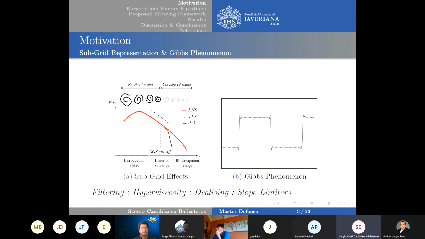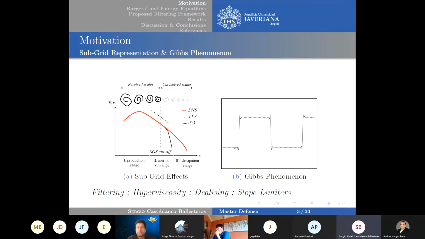So the motivation is the next. In the context of CFD, computational fluid dynamics, nonlinear partial differential equations are used to address turbulence phenomena. Also, physically, one should represent, for example, propagation fronts, shear layers, etc., which cannot be fully represented numerically due to discretization. Then these subgrid effects should be well managed in order to accurately capture the dissipation range of energy. This range right here. And when we're representing these discontinuous functions with continuous ones, as in spectral element methods,